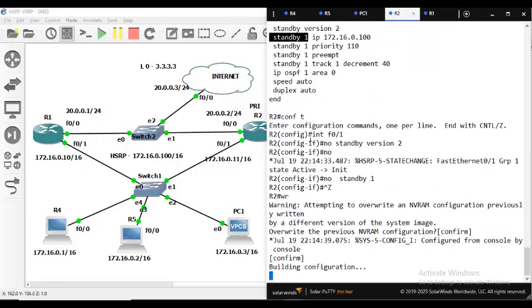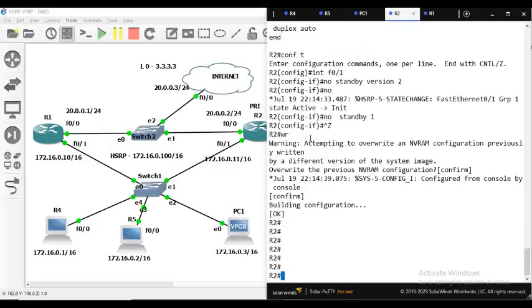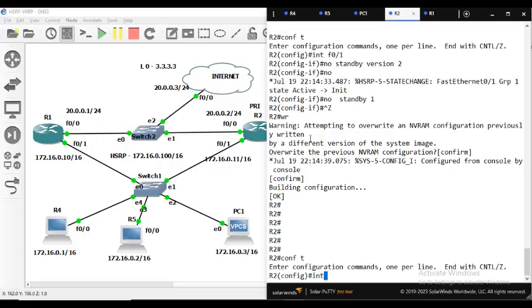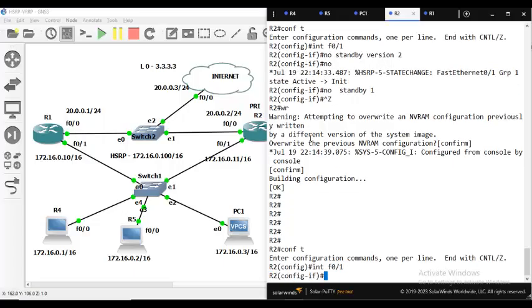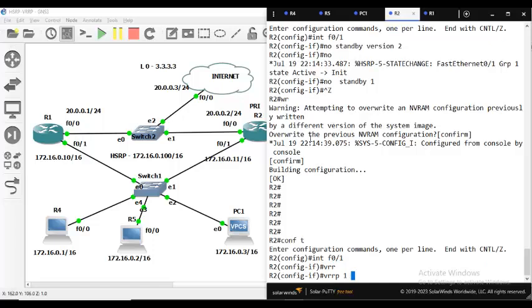To enable VRRP, it is a similar command. Go under the interface and say VRRP 1. For HSRP, there is no HSRP 1; we used to simply say standby 1. That's the syntax of the Cisco proprietary protocol. So this is VRRP in the standard, so it is very straightforward. VRRP 1 IP